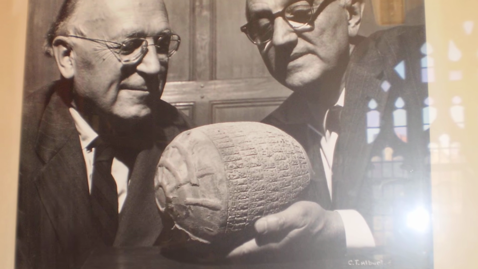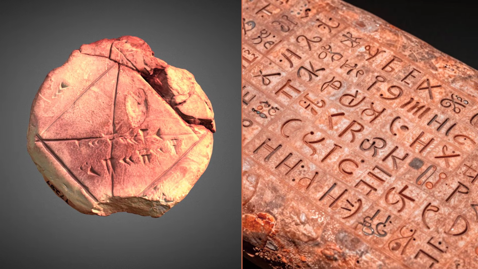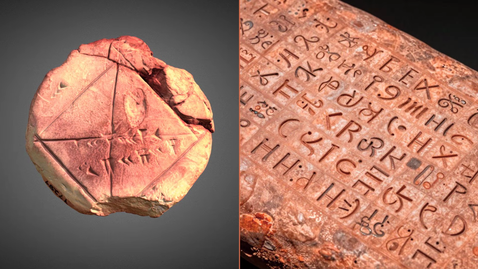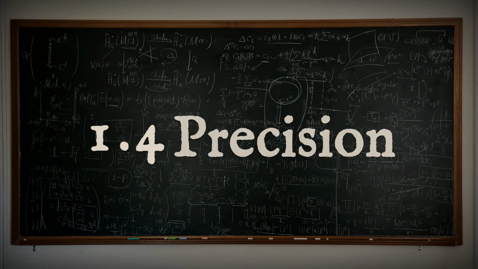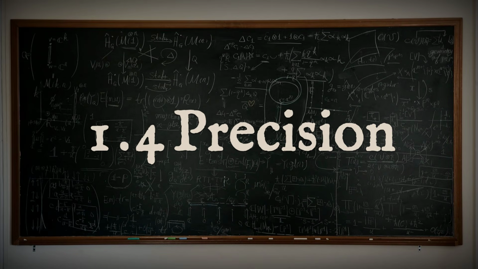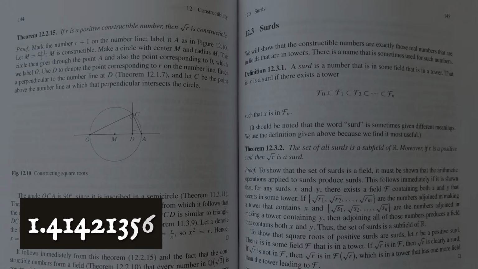Neugebauer recognized what he was looking at immediately. The number along the diagonal, 1, 24, 51, 10, was written in base 60, the number system the Babylonians had been using since the 3rd millennium before the Common Era. Converted to decimal, it reads 1.41421296. The modern value of the square root of 2 is